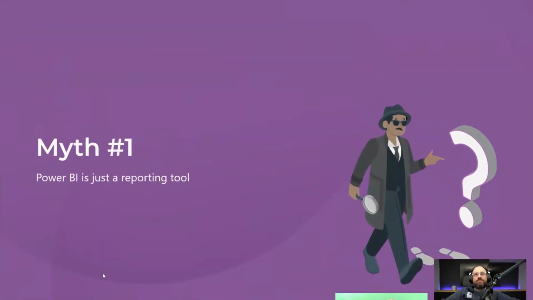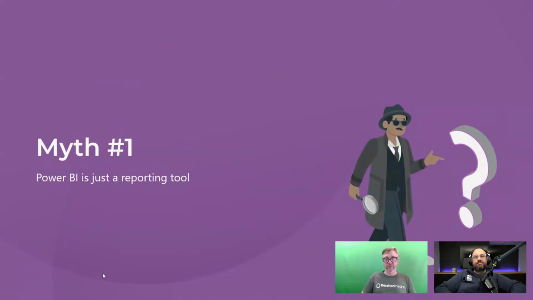Yeah, so I think where a lot of the challenges end up starting with Power BI is we're going to center this around some myths. What are some of the myths that we commonly see around Power BI? You'll see this myth all over the place online. In fact, Reza Rad has written a little bit on this one. What happens when an organization approaches Power BI as just a reporting tool? What are some of the challenges you see when that lens is put onto Power BI?